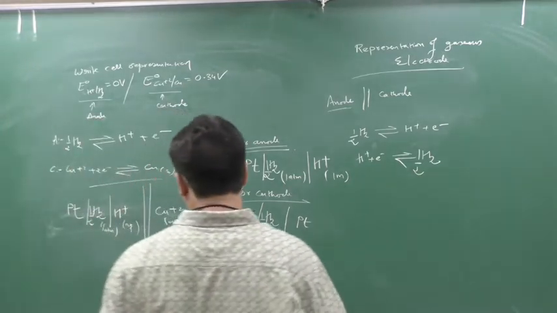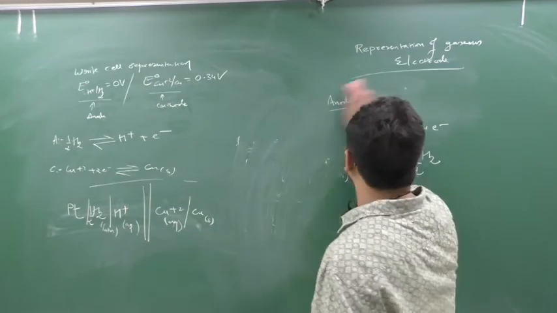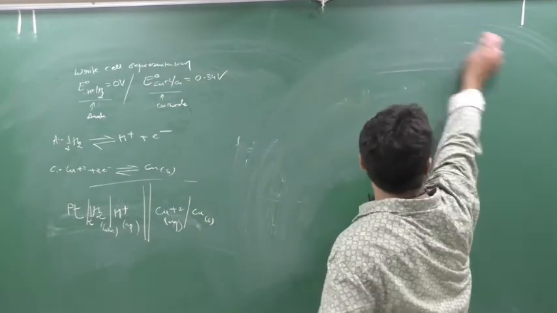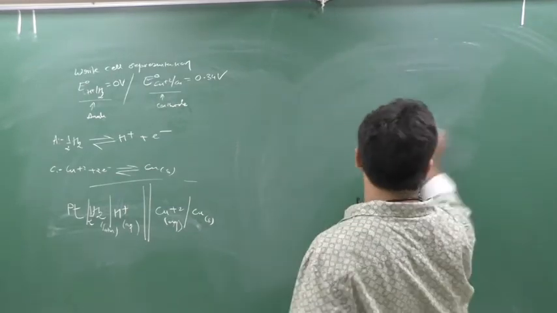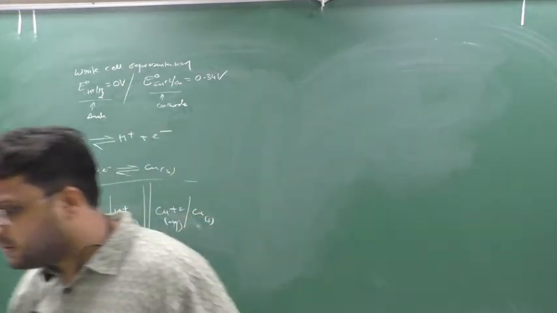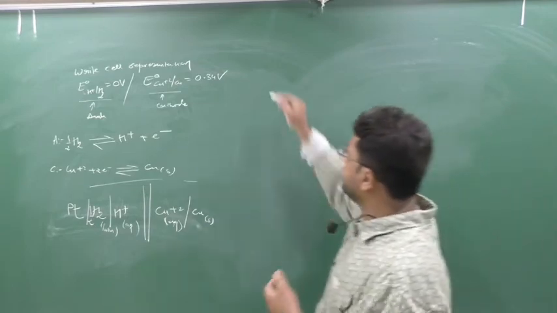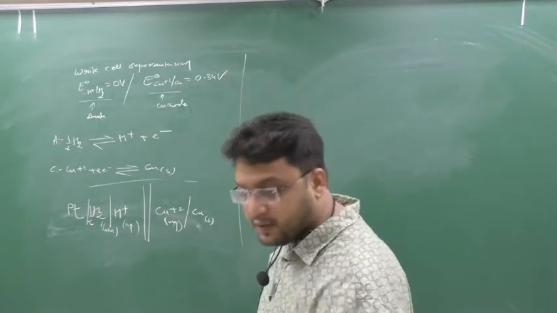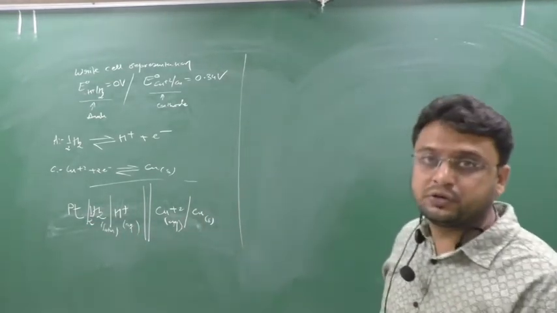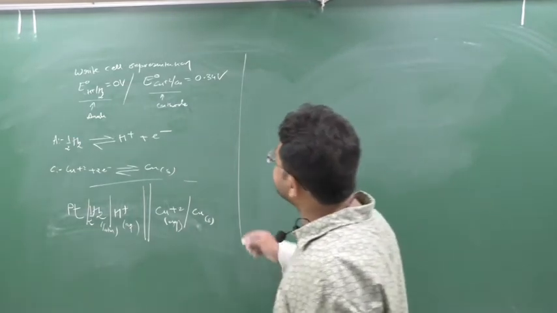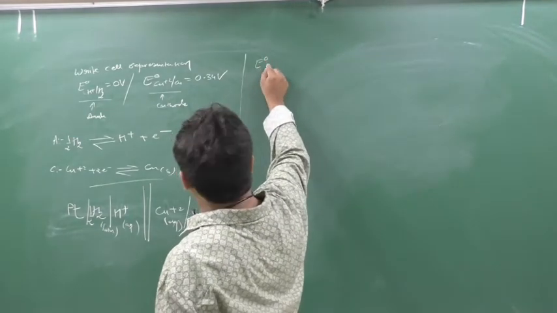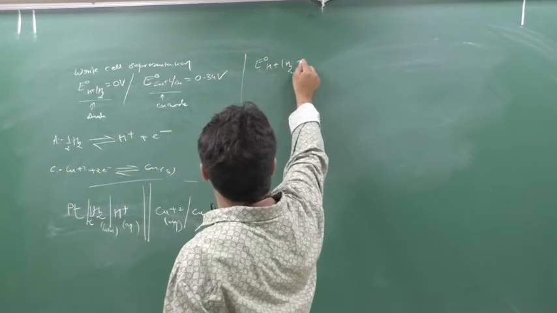Clear? Write on this, second part. If I have done this in my previous slide, you can forward the video and directly see the problems, numericals. If you are feeling bored and if you know this, forward the video and go directly to the numericals. Write this, now I can write down like this, E0 H plus H2 equal to 0 volt.